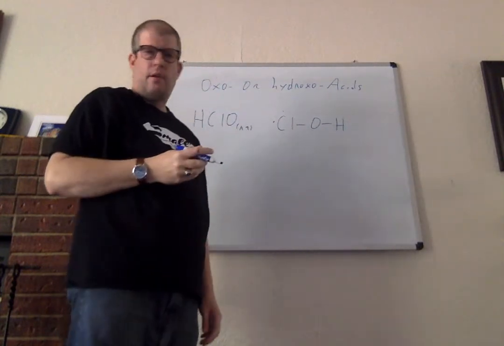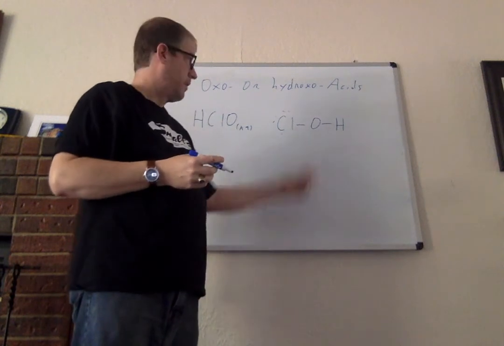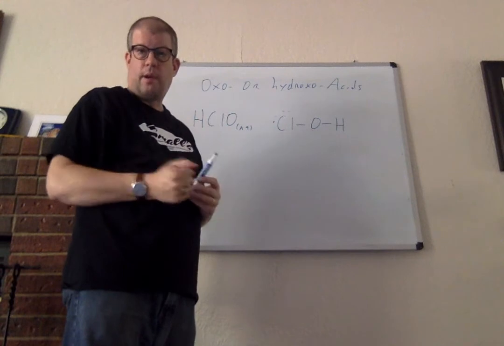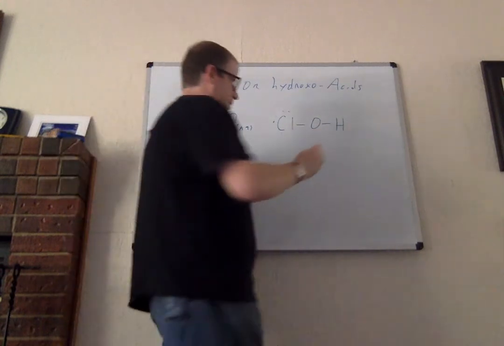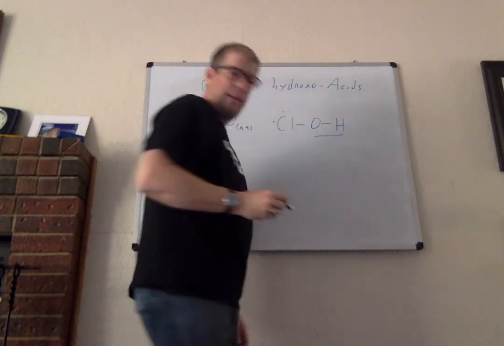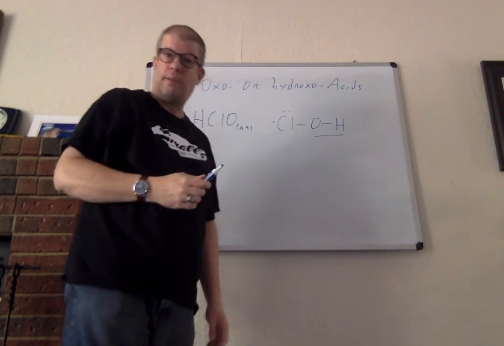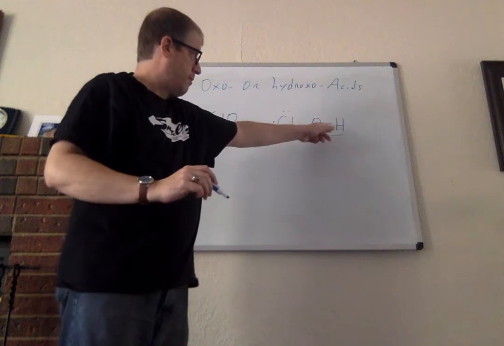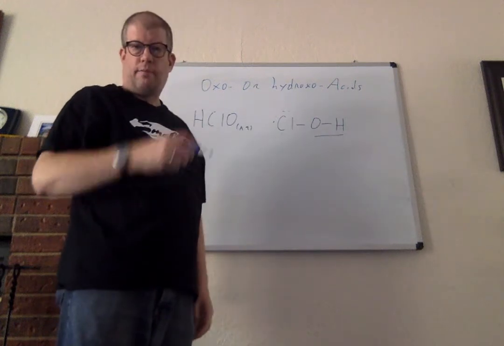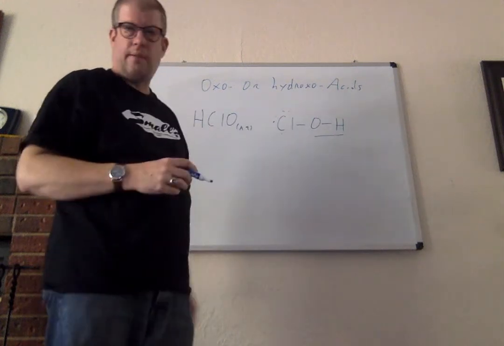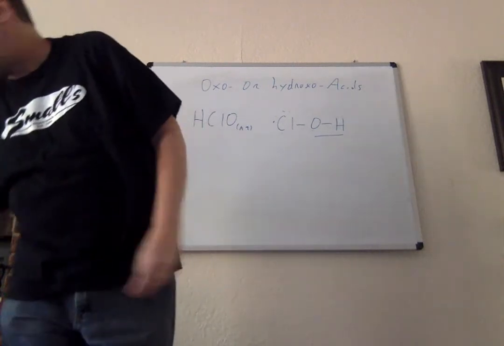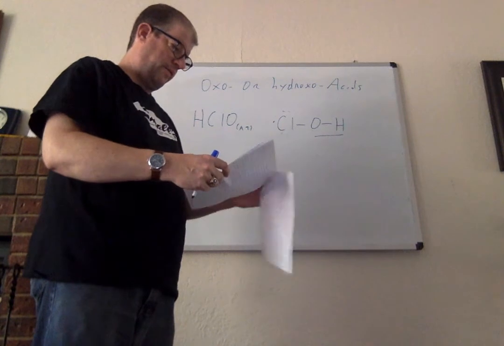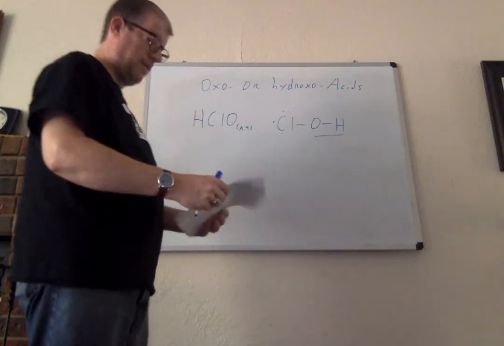Whenever you have a hydrogen attached to an oxygen, which is attached to another element, like chlorine, that makes this acidic. So even though that looks like maybe an OH group, and you should think, okay, that's a base, it's not. This proton can dissociate and come off. And so this is a relatively weak acid, as we said, and that's that one.